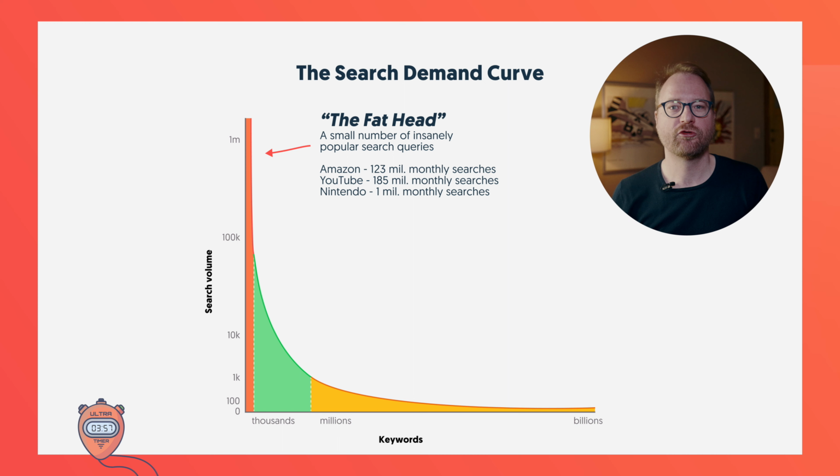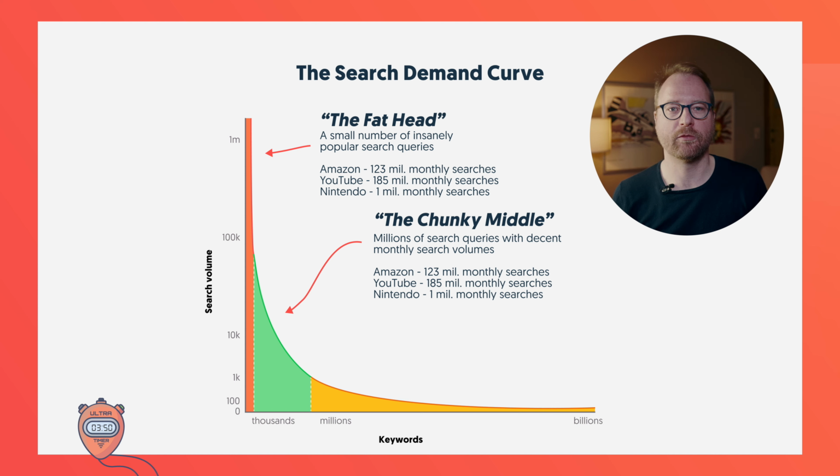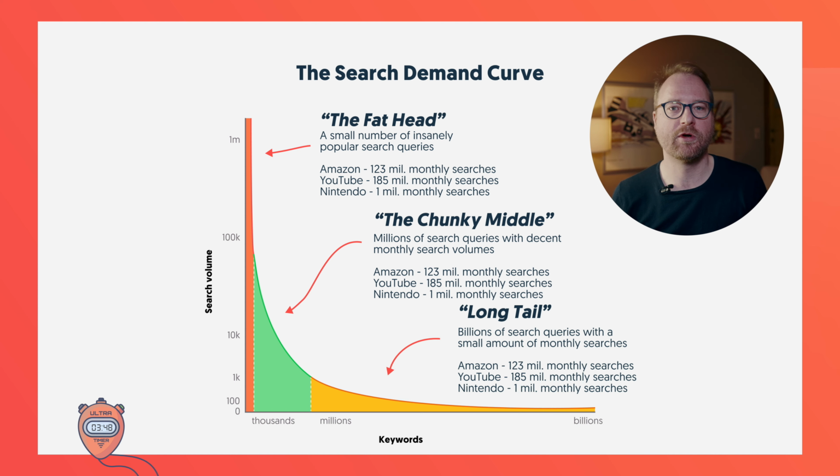First of all, let's define what short tail keywords are. Short tail keywords, or head terms as some people like to call them, are search queries that are very broad and have high search volumes. It's the exact opposite of long tail keywords that get their name from the spot on the search demand curve being the long tail of the curve.